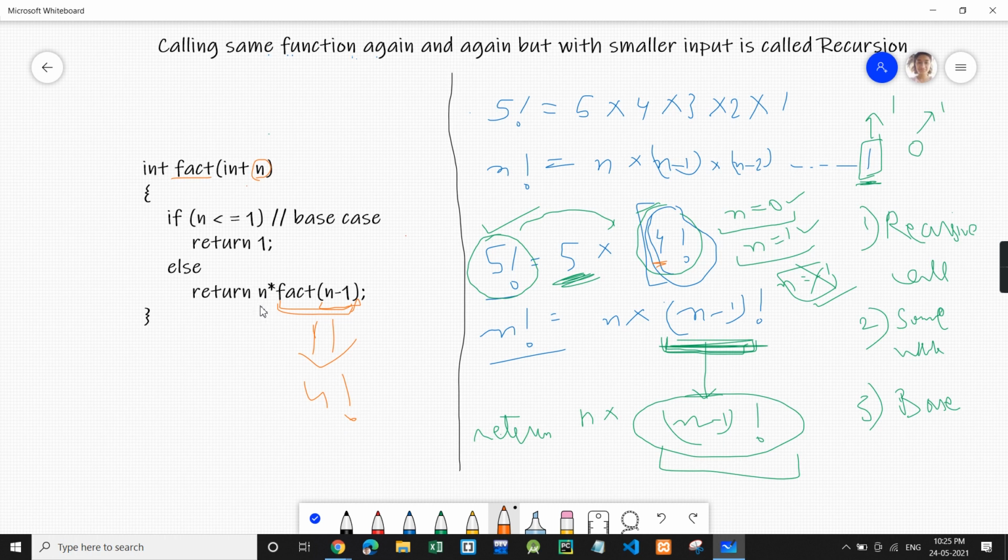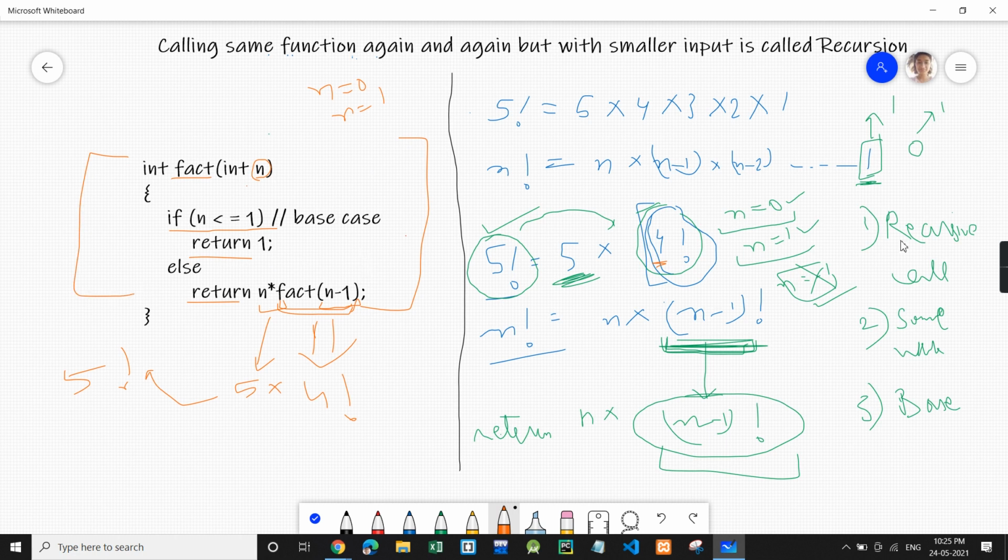Then we simply multiply 5 with that and return it. So this will give us 5 factorial. And this is our base case: if n is less than or equal to 1, meaning n is 0 or 1, then it will return 1. So this was our simple code.